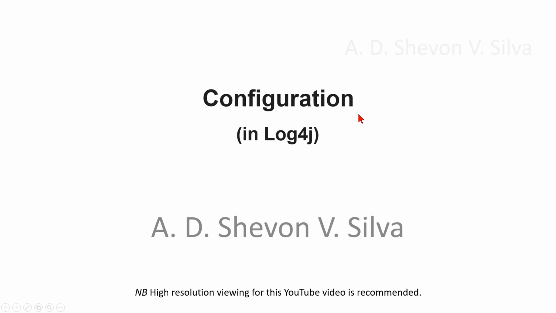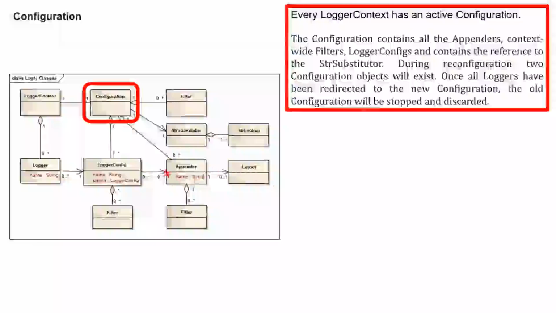Configuration in Log4j. Now we are focusing on configuration. Every logger context has an active configuration. The configuration contains all the appenders, context-wide filters, logger configs, and contains the reference to the